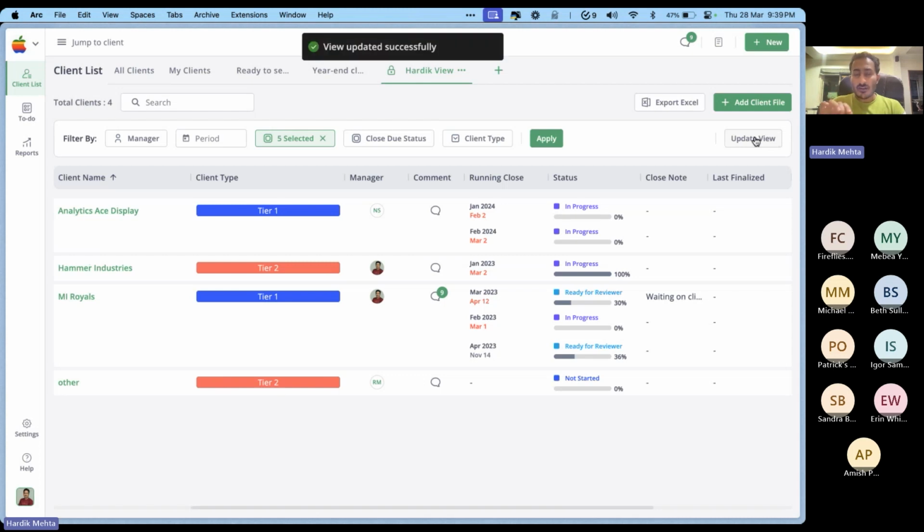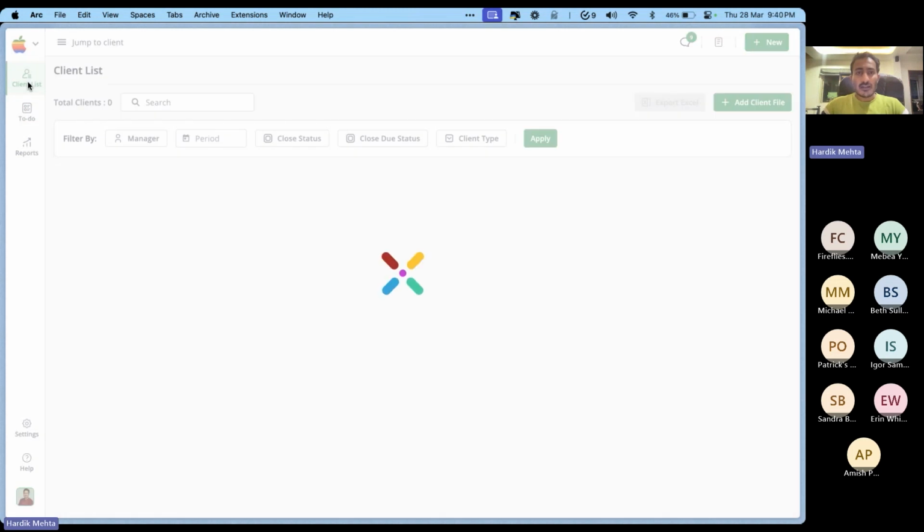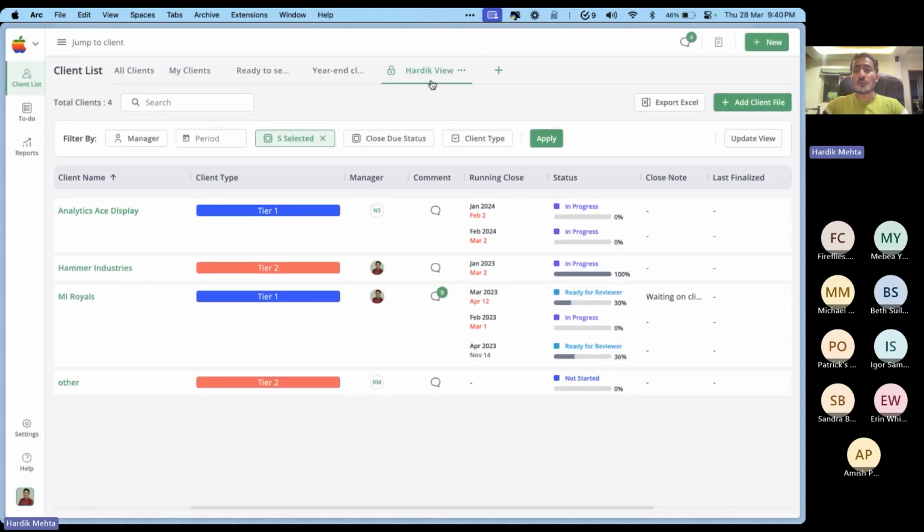Whenever I click on update view and then mark as default, if I navigate to a different module, when I come back, it's gonna land me in that specific view with my applied settings only. That way, it's gonna be very, very handy for you guys. You can make whatever changes that you like, create the new view, and then you will always land here. All right, so those were some of the features that we have added